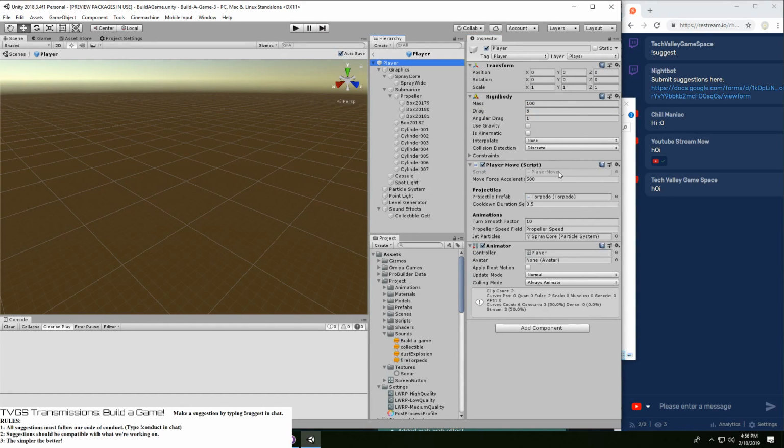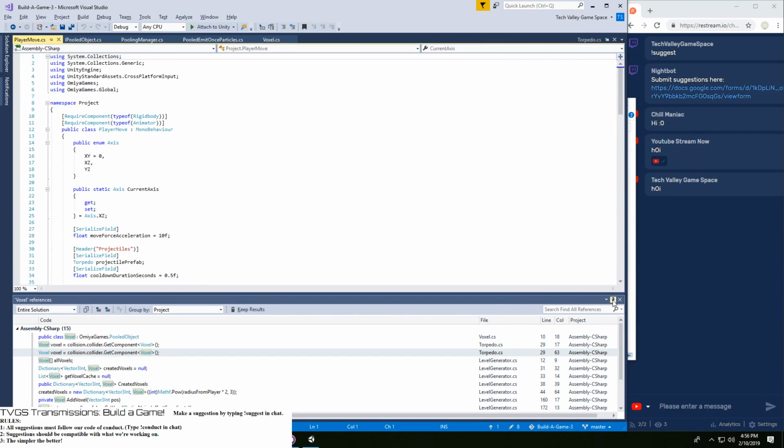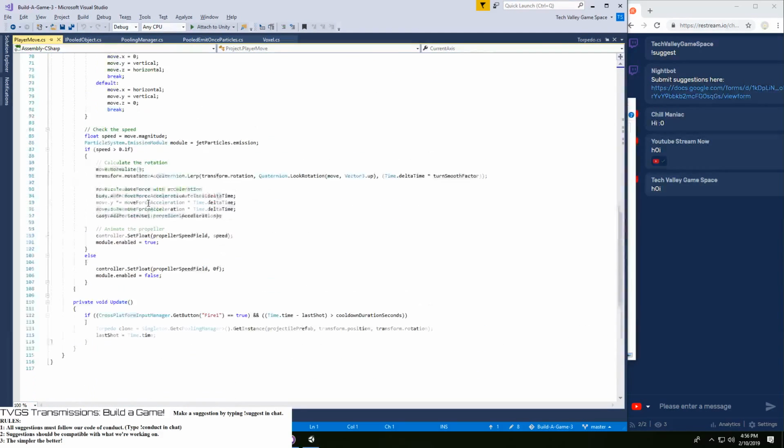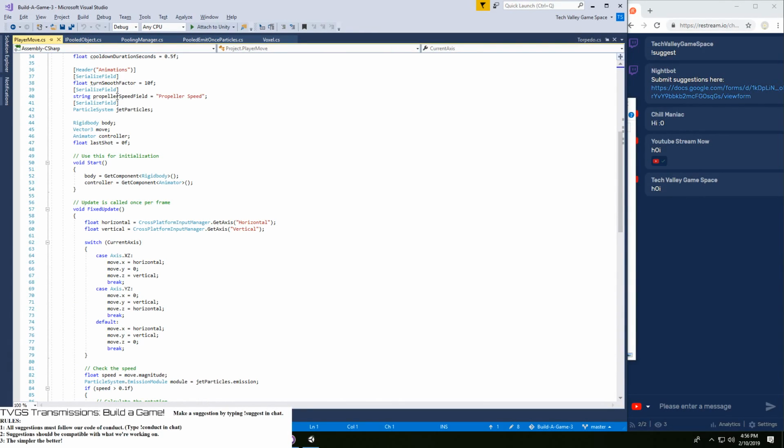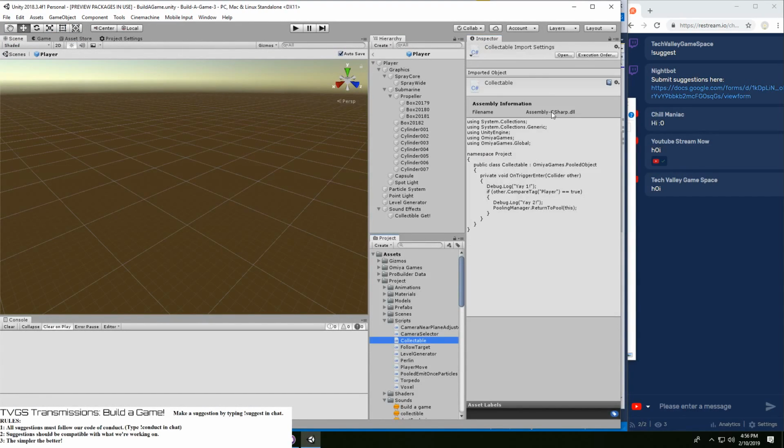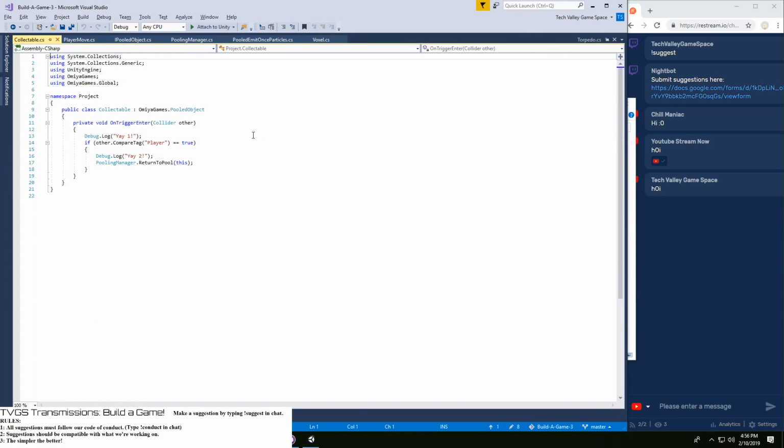And then when the player, so the only good idea I have around this is that player move, we don't care too much about that, but we do care about the collectible. So when the collectible is triggered, it simply plays yay if the other thing happens to be a player. Return this to the pool. But another thing we can also do is check, because I think the player itself is the rigid body. Yes, it is. So we can just say player move player equals other dot get component player move.